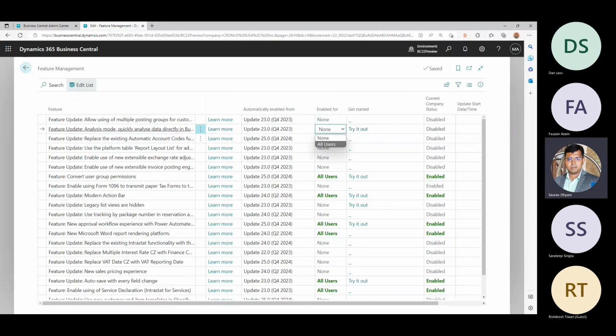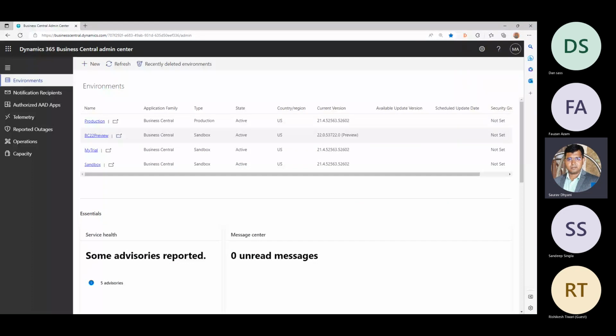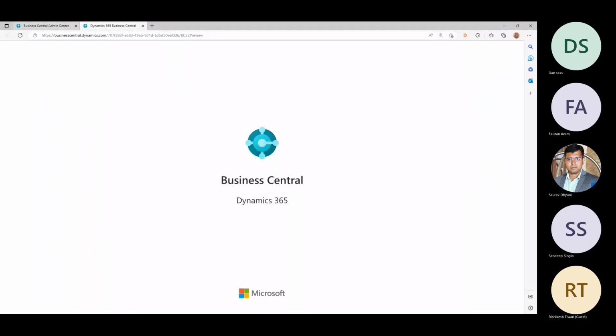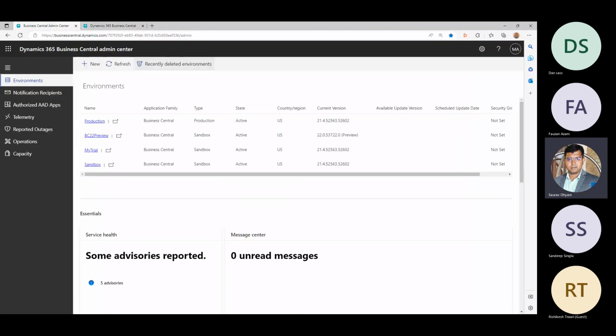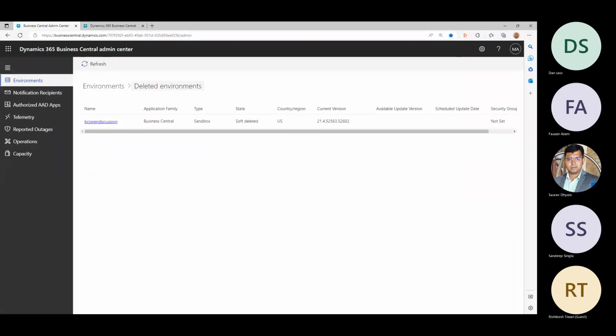Okay. Let's see this. All users enabled. And then let me log in again. You guys have noticed this recently deleted environment, right? Yep. Yeah. When you now soft delete an environment,